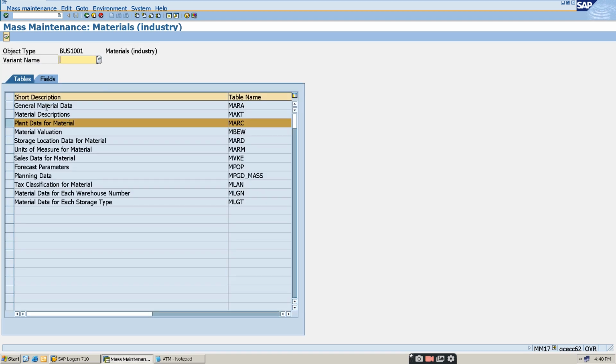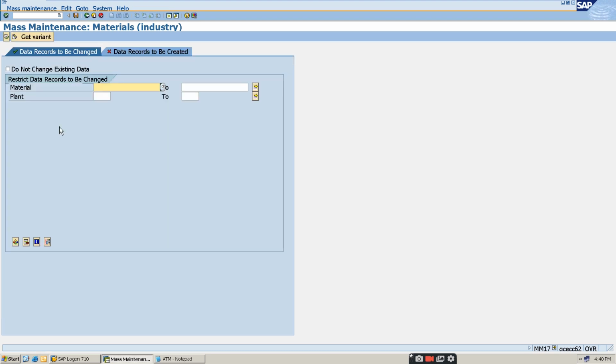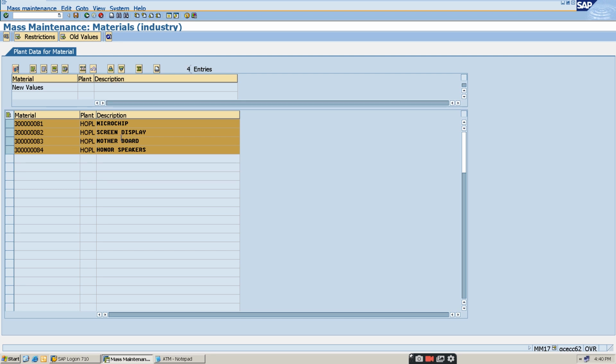Okay, I'll come back once again. Okay, this is it. I'll execute it. So you can see these are the materials that I have created for this same plant. These are the material numbers that you can see. The materials are microchip, screen display, motherboard, and Honor speakers that I have created for the Honor mobiles for this plant HOPL. So now I'm going to make changes in the purchase group for all these